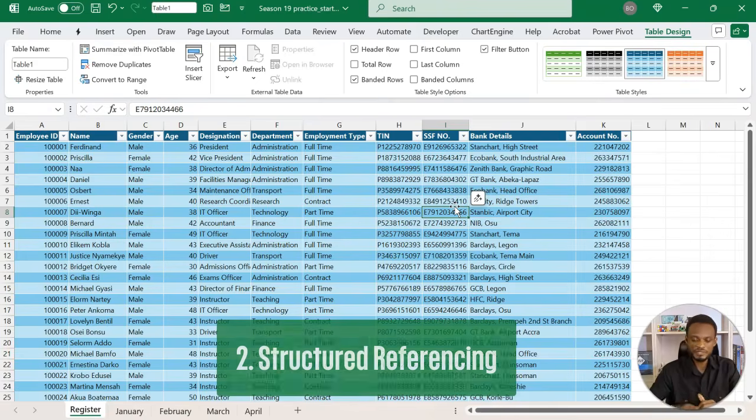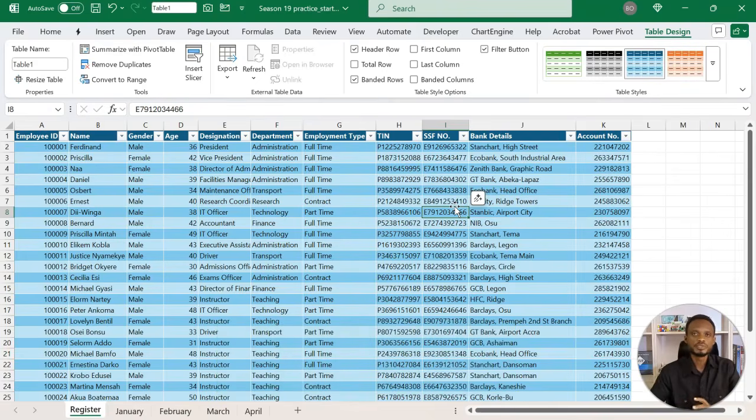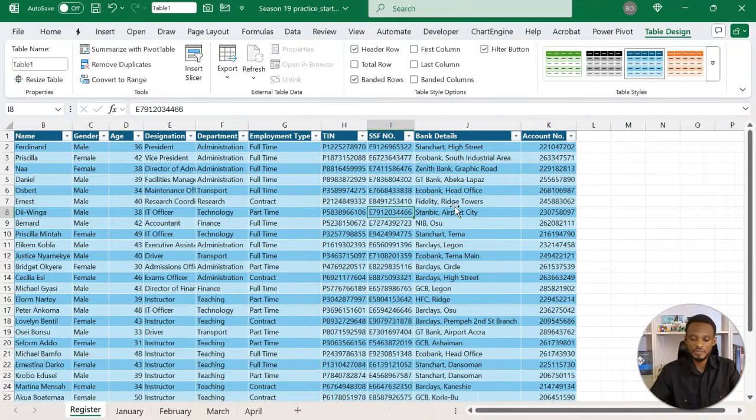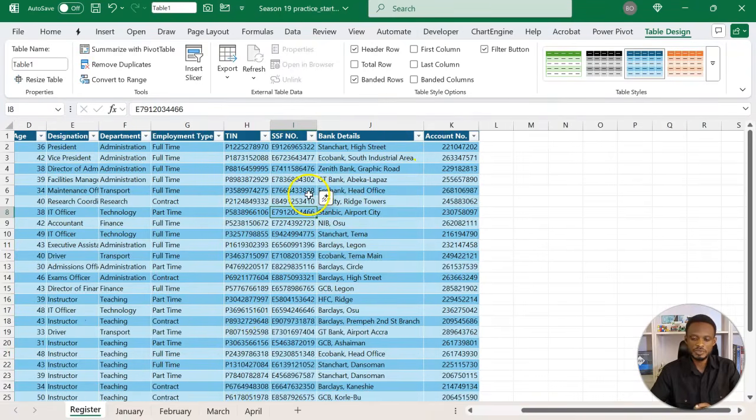Now, what is structured referencing? It is my ability to reference the table, the entire table, or columns in the table without using my mouse. Okay, so this table is now in the table design, on the far left, and it is given a